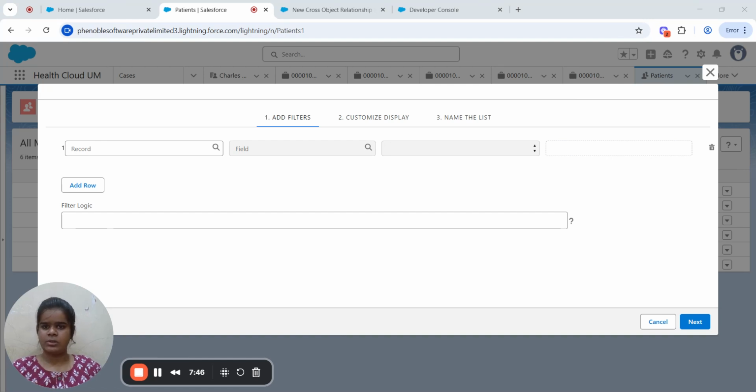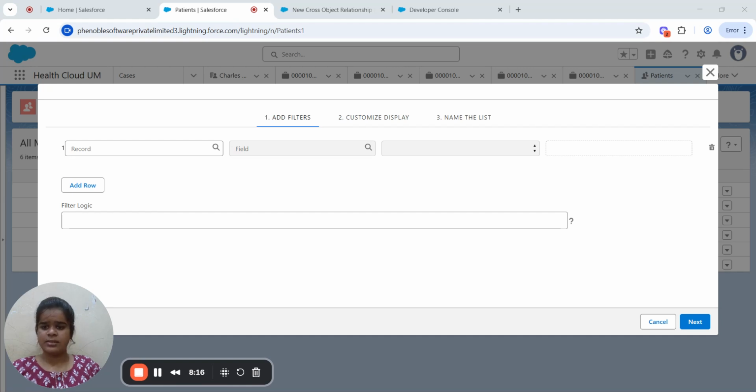Let me summarize whatever we did in this video. The patient list makes your patient list more user friendly and powerful. It helps healthcare teams keep track of everything easily without multiple clicks. Even though the setup might not look simple, connecting and displaying the cross object field requires careful attention.